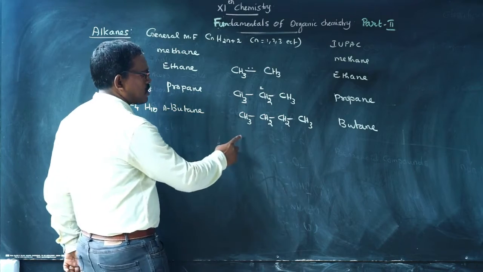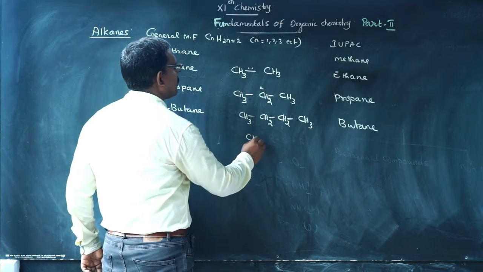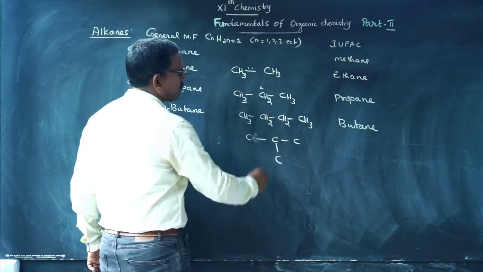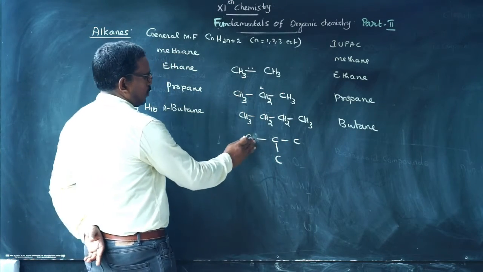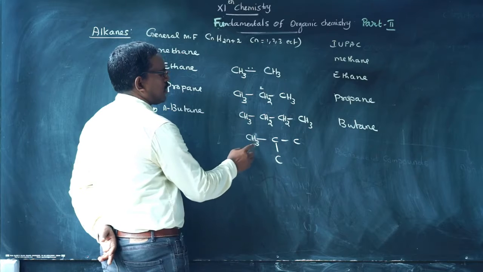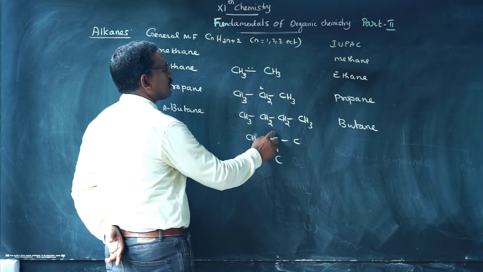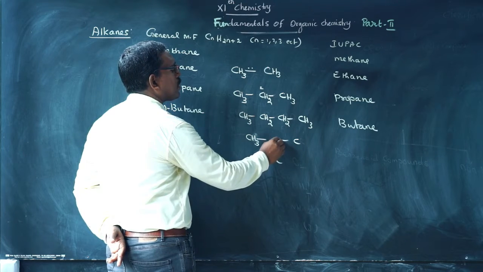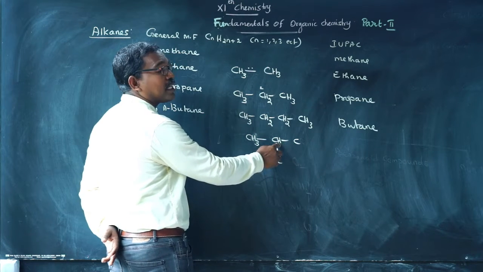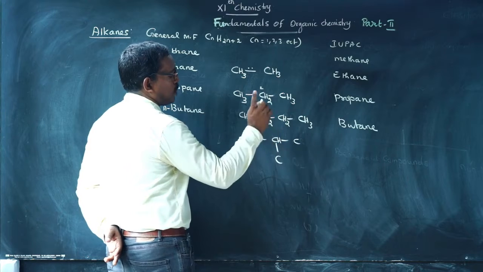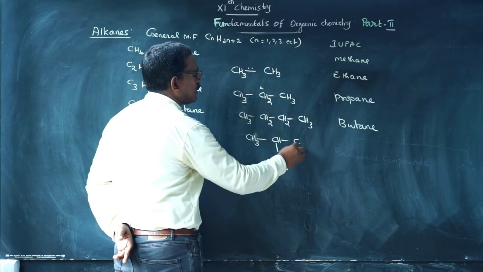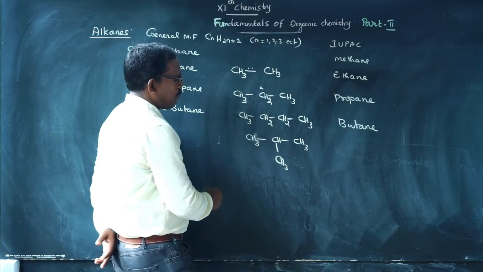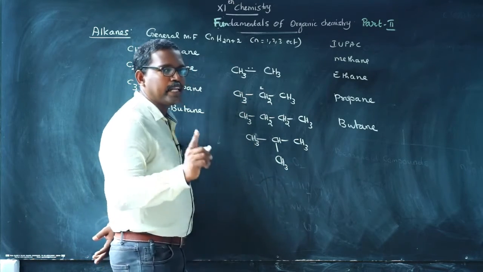This compound has one isomer, which is written like this: C, C, C. Look at this, first 3 hydrogen atoms. Here the second carbon is surrounded by 3 bonds, therefore the remaining valency is satisfied, and only 1 hydrogen is necessary. Here CH3, here CH3. Therefore, for writing the IUPAC name, predict the long chain.